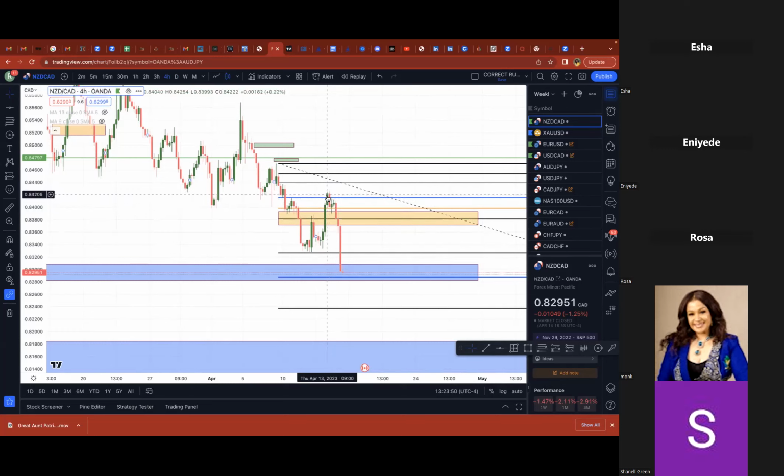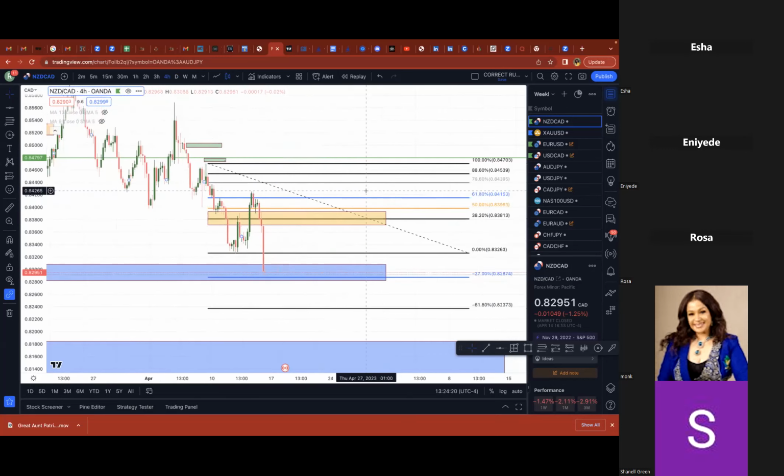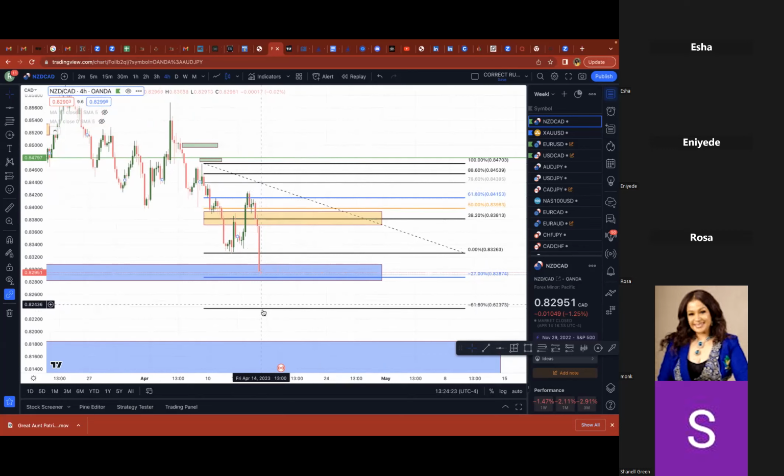It did tap you in, because this came and your 61.8 alert went off, right? Now it closed right here. This candle closed. Now it tapped you back in for the 4-hour, for it to hit the 61.8 again, and now you're in. This is a super clean setup, and it just dropped. It just tanked. Boom. And hit our -27.